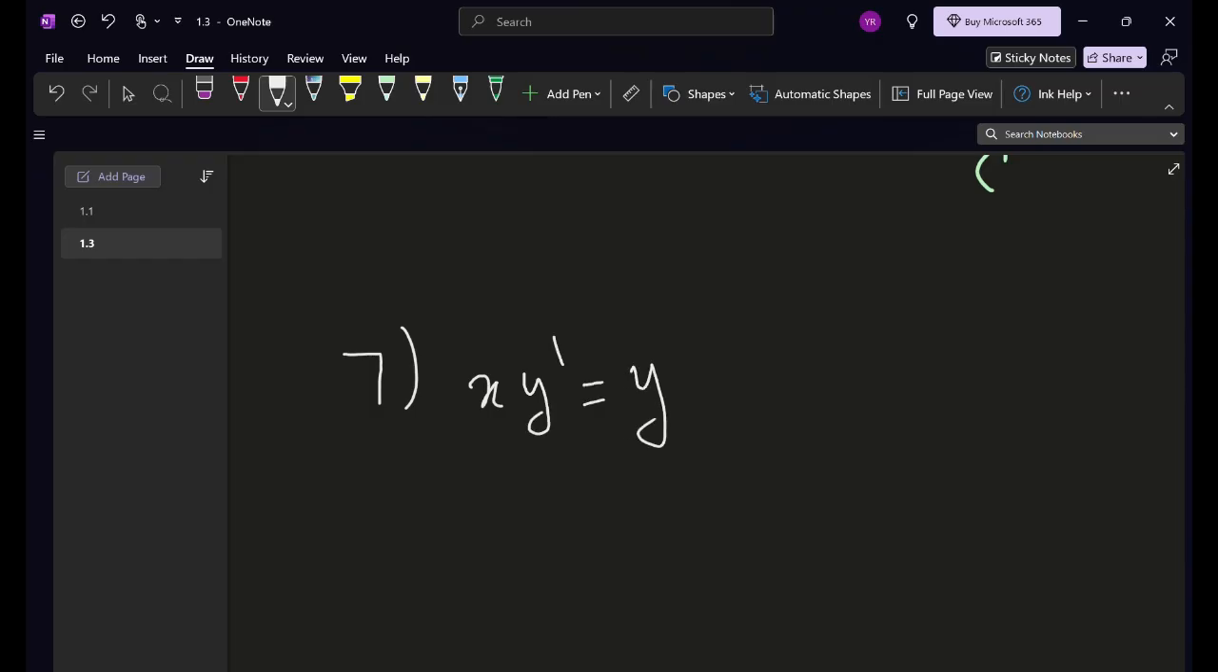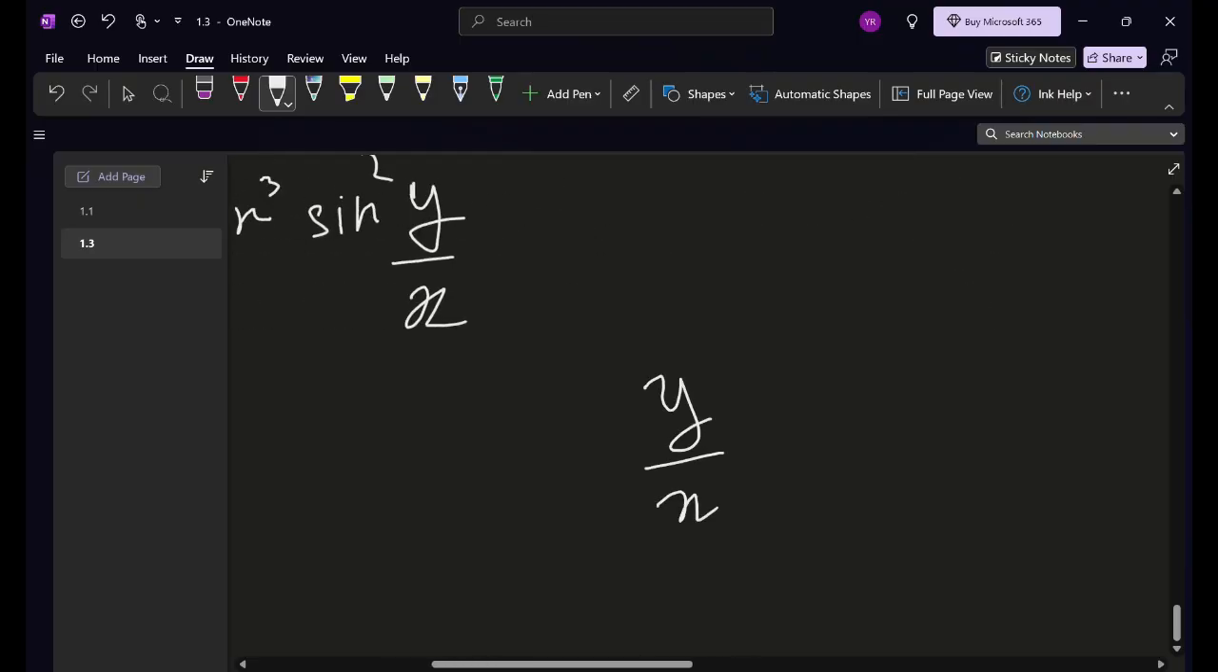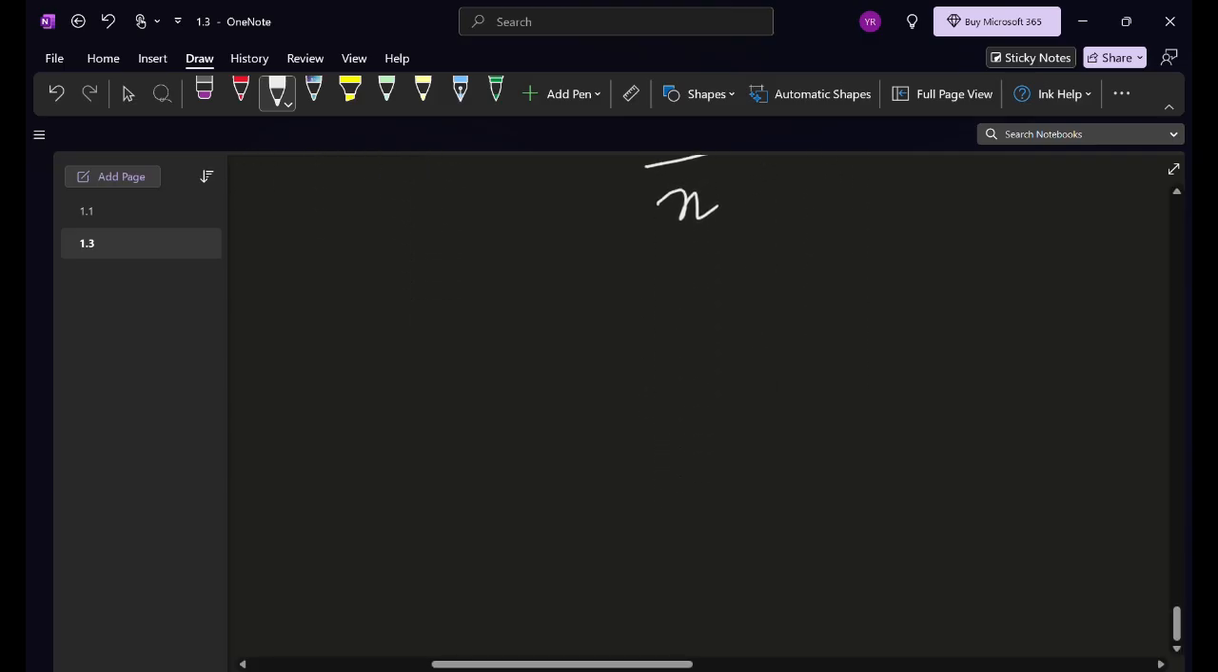So this is given as x y dash is equal to y plus 2x cube sine square y by x. To solve this question we are gonna be putting y by x is equal to u. So from here we can say that